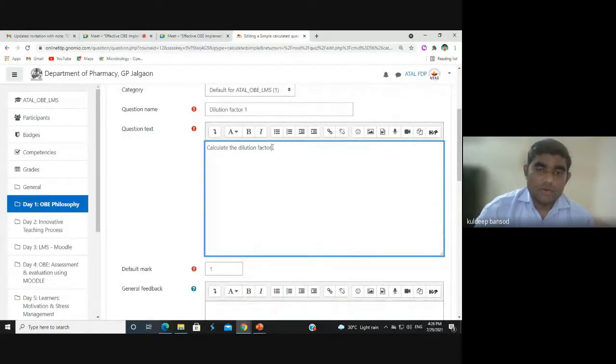Let me copy all those things. Dilution factor from the following data. Now it will give as